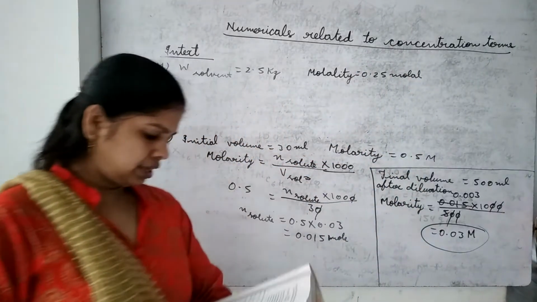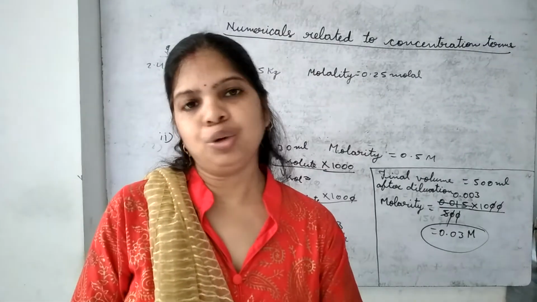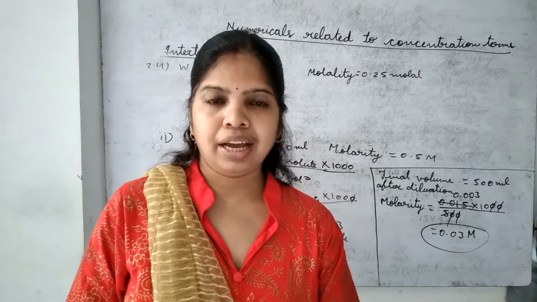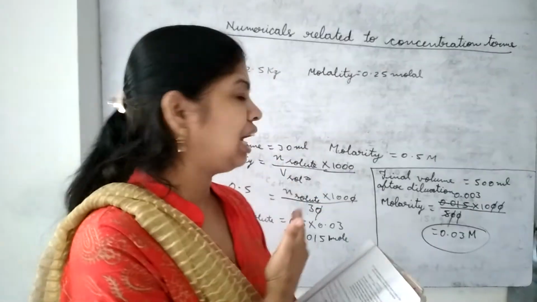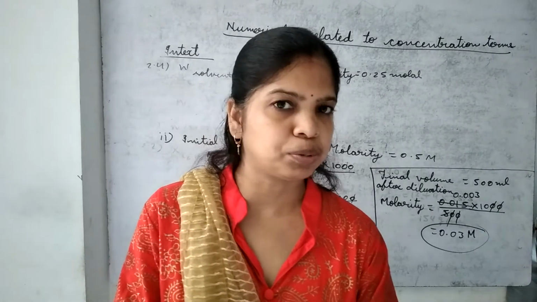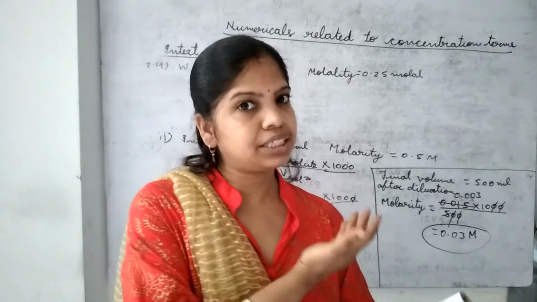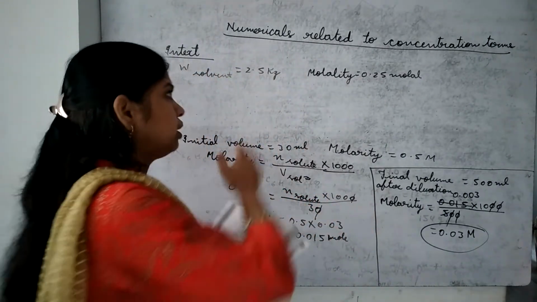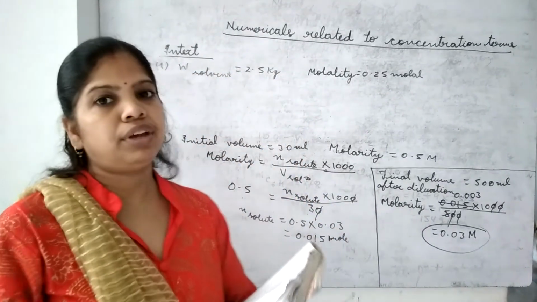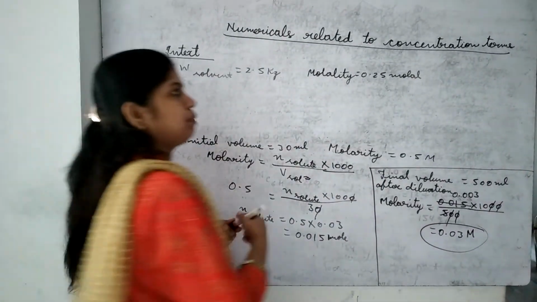Molal. And here your question is what? Calculate the mass of urea. Urea is the solute. And in molality, what formula are we using? Number of moles of solute per unit mass of solvent in kg. Mass is given already, molality is given, we require the molar mass of urea. So let us find the molar mass of urea.